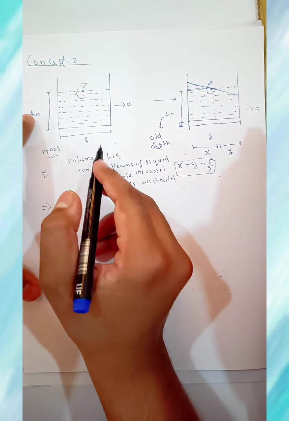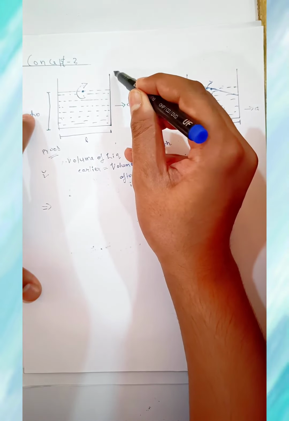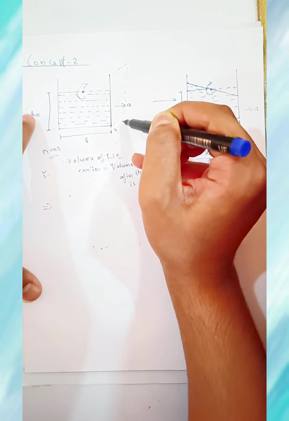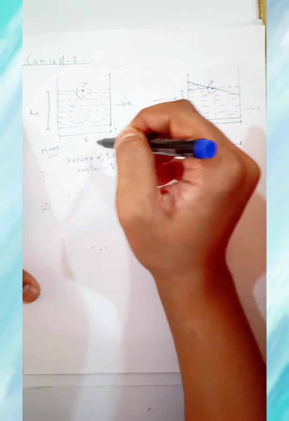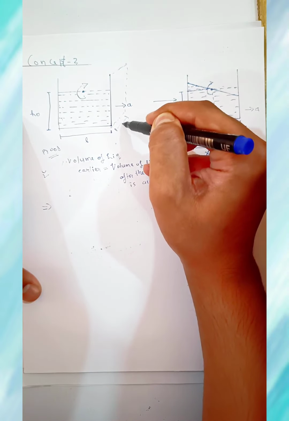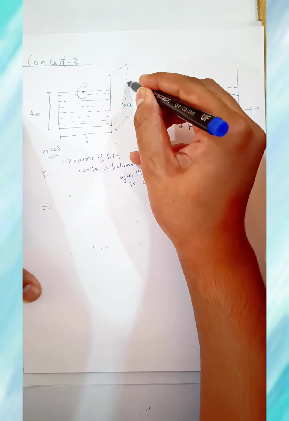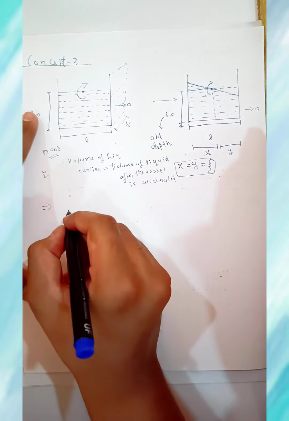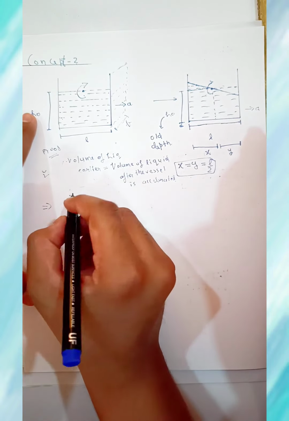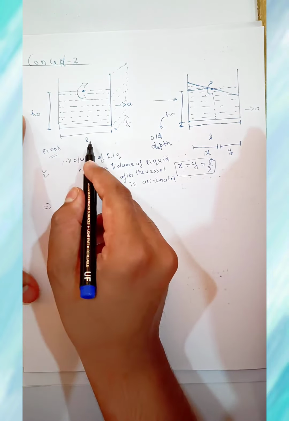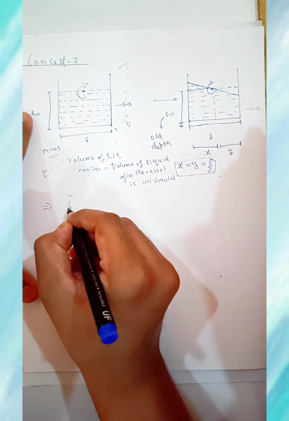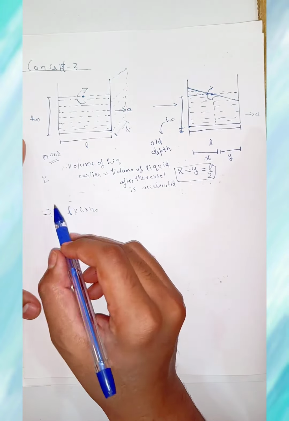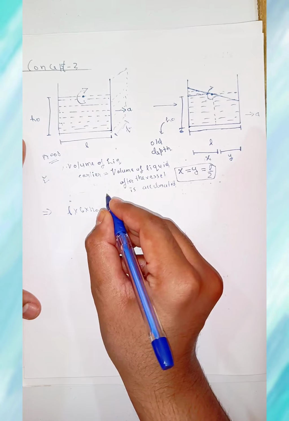So volume of liquid earlier, this vessel will be a three-dimensional object like this. So it will be having a height, a length and a breadth as well. Suppose this breadth is b, water is filled like this here also. Suppose this breadth is b. Now let us write the volume of liquid earlier. So volume of liquid earlier will be L into B into H. So it's a volume of cuboid actually. Now final volume,